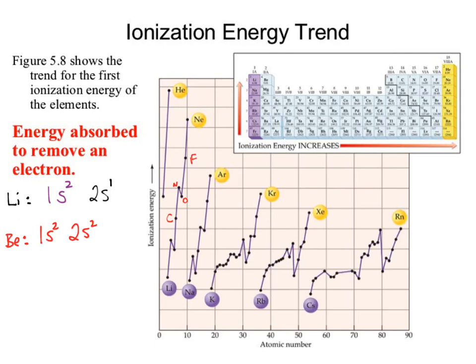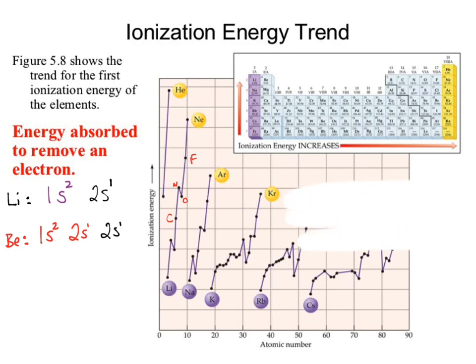So this is now going to become an important thing to address. So we're actually going to split that 2s2 into 2s1 and 2s1. Ionization energy is the energy required to remove an electron. Okay? And in particular, the highest energy electron. So I'm going to remove the 2s electron from lithium, and I'm going to remove a 2s electron from beryllium. Okay? The 2s electron is located where with respect to the nucleus? So if we just attempted to draw something out here,